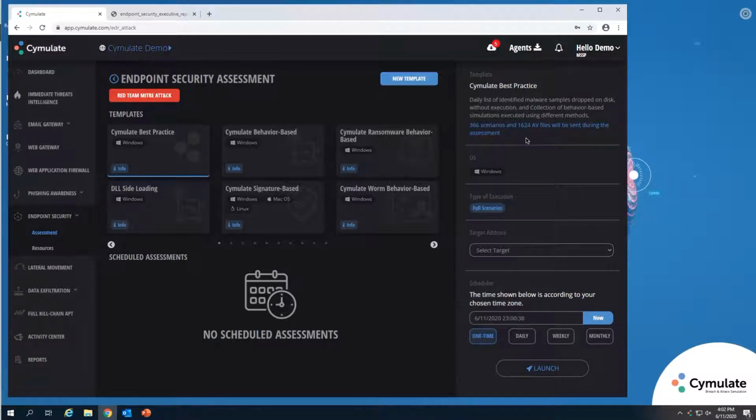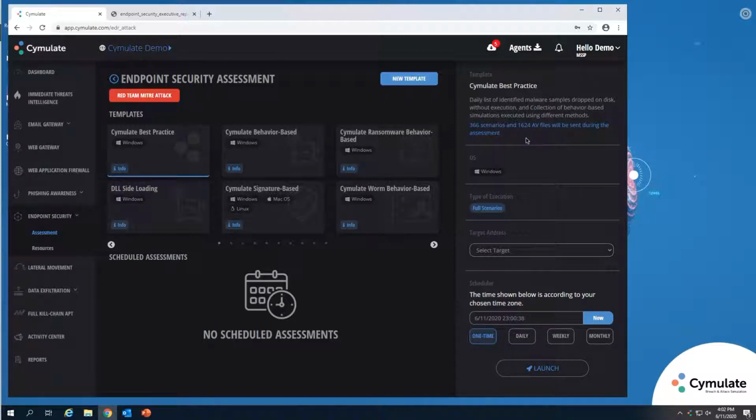The first set, and there are close to 1,700 of these, are what we refer to as AV files. AV files are never executed. As a matter of fact, many of them are not even executable. They all, however, have known malicious signatures. And so these files are transmitted in batches. We're not going to send them all at once so we don't disrupt any other things you have going on. They're sent in batches to the agent, which then writes them to disk and checks in on them for 120